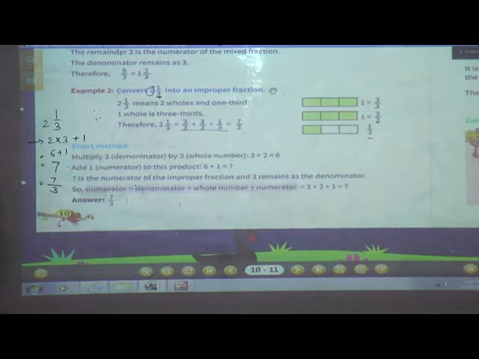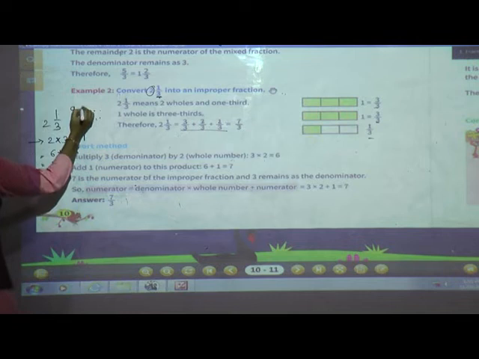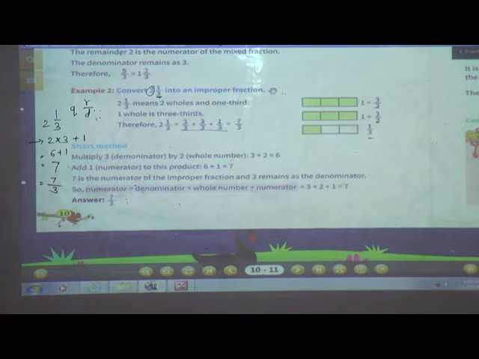So what is your shortcut? What do you have to do? Now, first, what is the mixed fraction shortcut? Dividend is equal to quotient, remainder and the denominator. First, keep this in your mind. What is Q? Q stands for quotient. Quotient is a natural number. R stands for remainder. Remainder is the numerator, and D stands for denominator. Okay? So keep this in your mind.